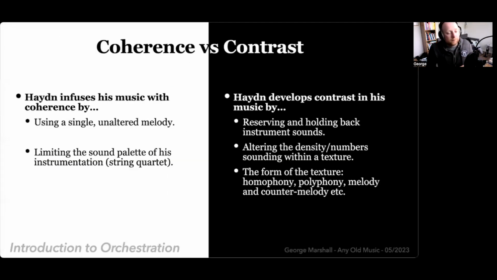So, orchestration is a crucial process in creating music for an ensemble or orchestra. It involves arranging and adapting music to take advantage of the capabilities of each instrument while ensuring that the music flows logically and consistently. When planning an effective orchestration, it's essential to consider both contrast and coherence, which we nicely have with my highly contrasted